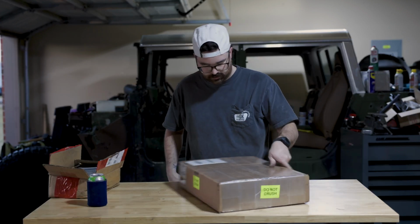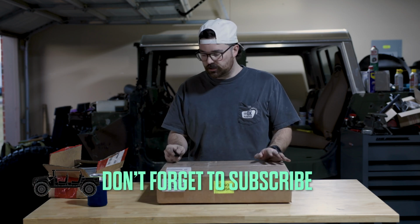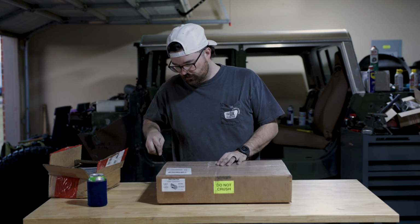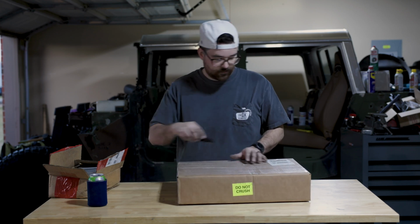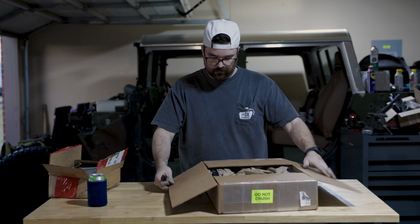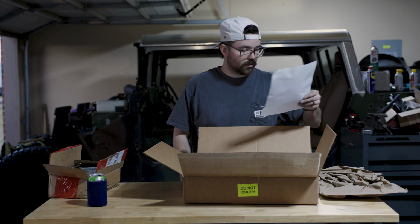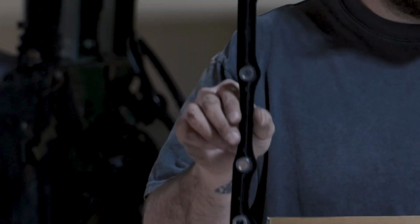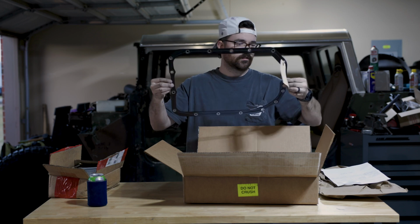What we're going to open next is what I'm going to be working on next. Next-ish. This, I believe, is the transmission pan. And gasket. Yeah, transmission pan gasket and transmission pan with plug. Try not to get my grubby hands all over this. This is not